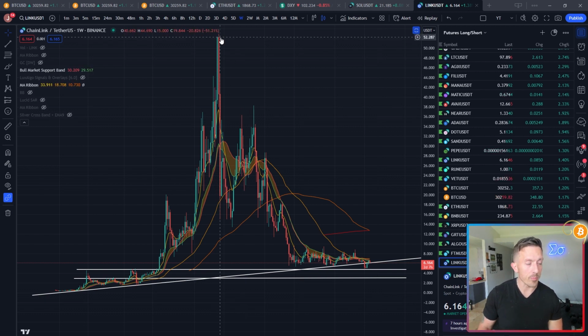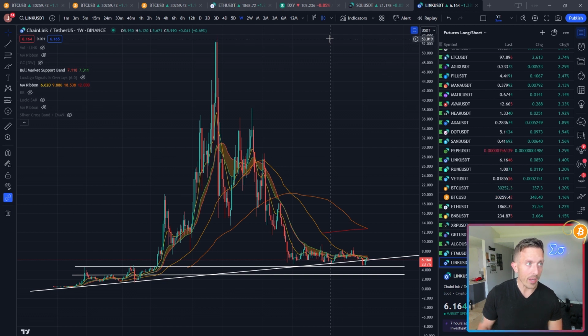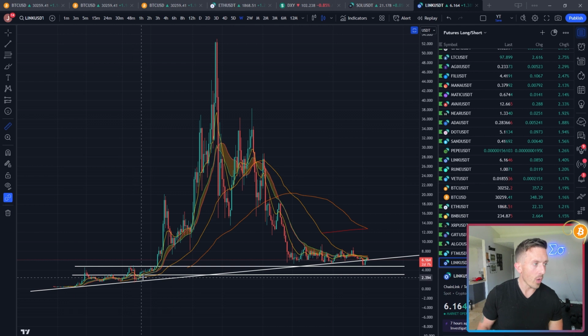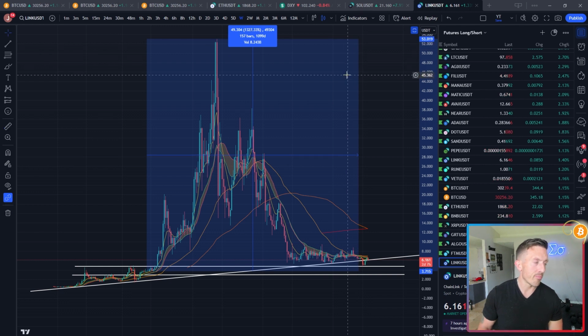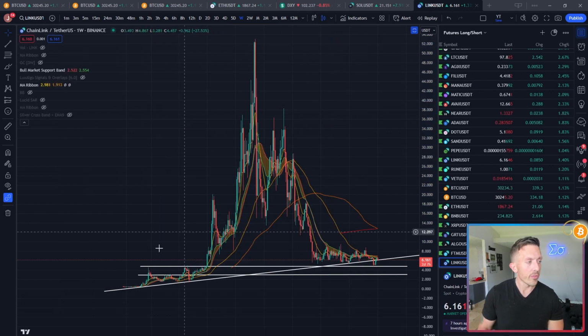Because if we look at the last bull market, Chainlink had a valuation at its peak on Binance of $53, which essentially, if you would have bought that anywhere around the halving, which is around this area, you would have had a potentially 1,327% gain, 13x. Huge money, right? It's not as big as some of the other altcoins, but I don't know any person in my life that would be pissed off about having a 13x on anything. Also, Chainlink did perform well in the last bear market.